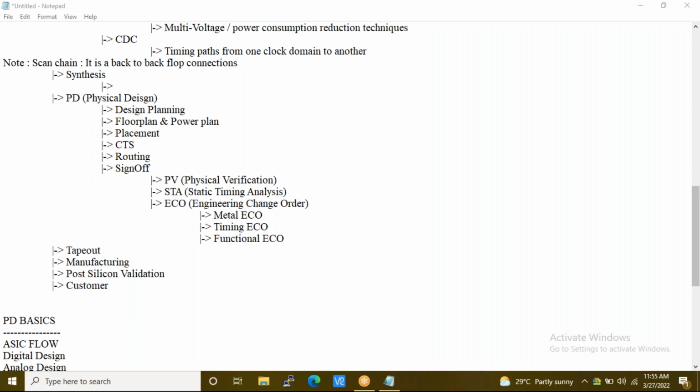So there is a very minimal chance that you will get an opportunity in physical design if you have scored less than 60%. In that context, I strongly encourage you to go for front-end domain training, because as I said some time before, there are at least around 10 to 15 startups in the front-end domain where they don't worry about your percentage. They only hire you based on your interview performance.